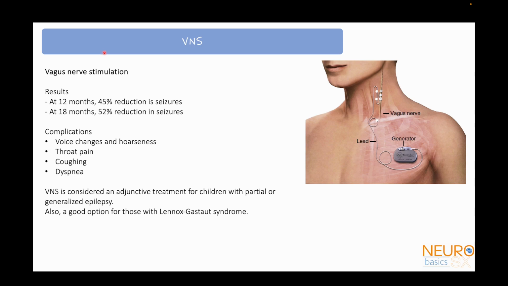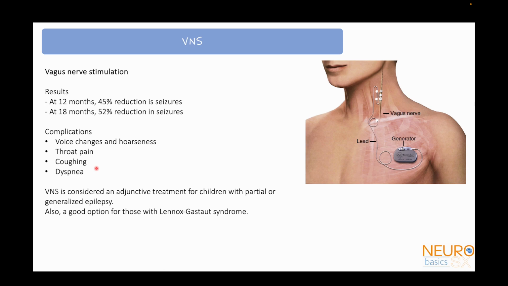Now, it has been found that vagus nerve stimulation is actually able to reduce seizures by around 50%. The longer it is used, there is a slightly more reduction in seizures, but it is not without complications. There are some problems which can happen with vagus nerve stimulation. But still, it is a very good option. There are some voice changes and hoarseness, throat pain, coughing, and dyspnea which can develop, but